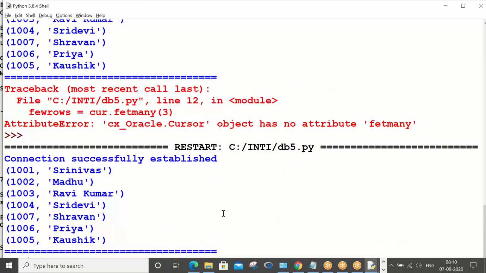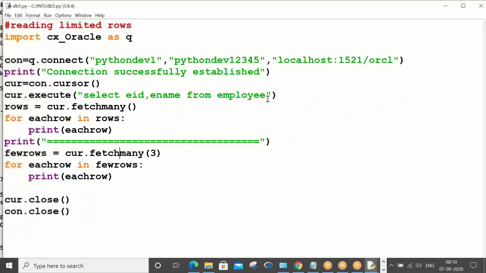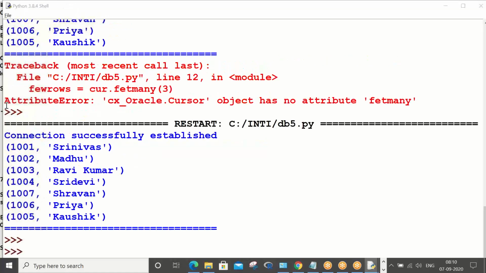What happened? So the cursor object is going to read only once, is it? Let me check. Control S, F5.